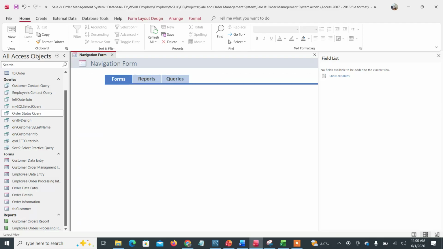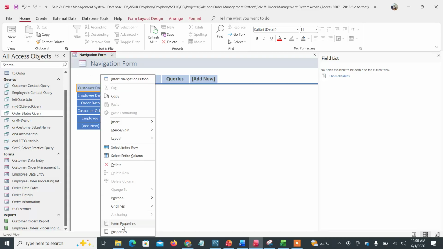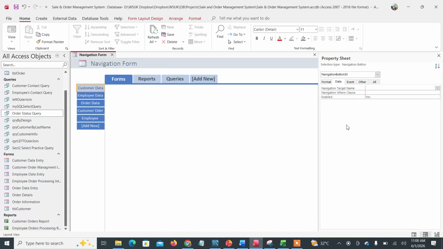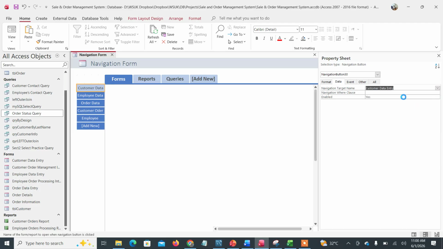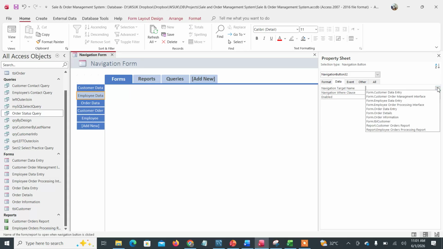Now I have to link them. I have already created the customer data entry, but I have to link that to this command button. So how could I do that? For that I will click on this customer data, go to the properties, and in the properties I will set its data to this customer data entry form, because this is customer. The employee will be linked to the employee data entry,